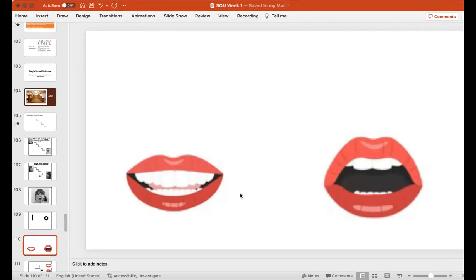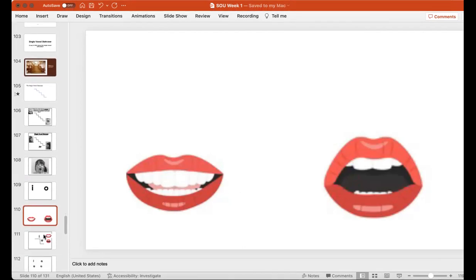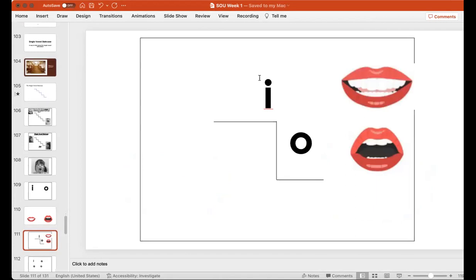Are they fantastic, guys? So you can see how that tongue is forward there, and you can see how you can't even see the tongue in ah. Okay, so that means that the I would go higher on the staircase than the O. You agree with that, Madeline? Yes. Okie dokie. Let's go for the next